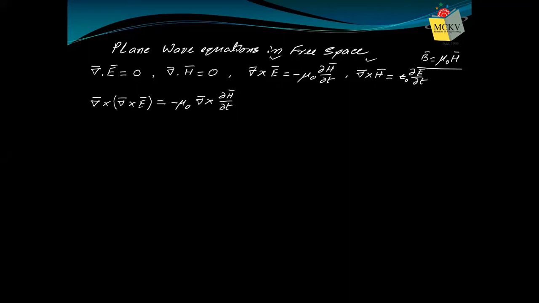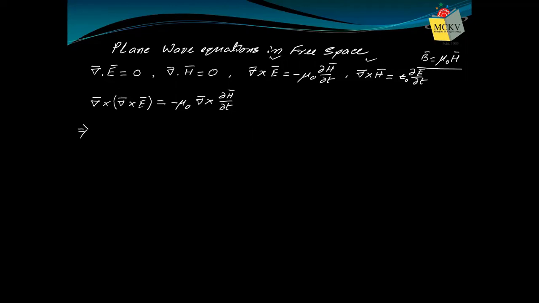So this is the curl of the third equation. That means del cross is taken on both sides, in simple words. Now we need to simplify it. How will you simplify? You observe there are three vectors here. Del is an operator, but it's a vector also. So there are three vectors here, 2 del and 1 E.